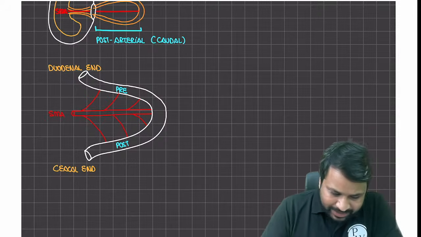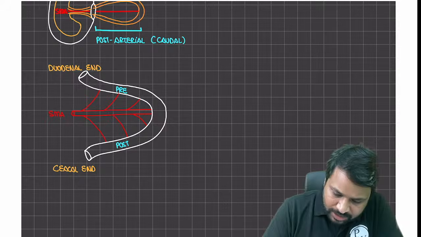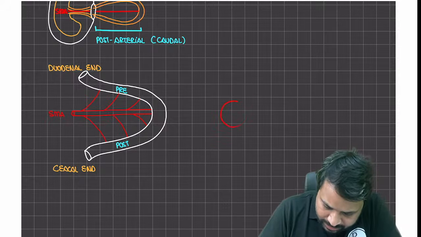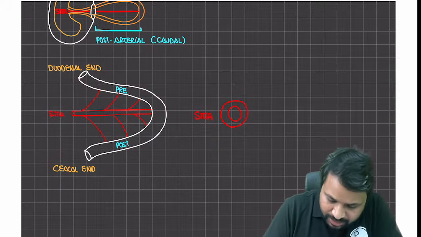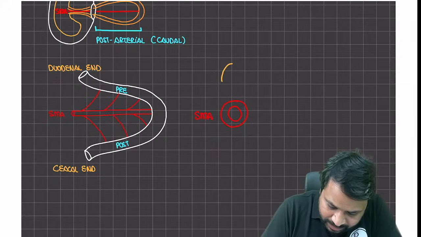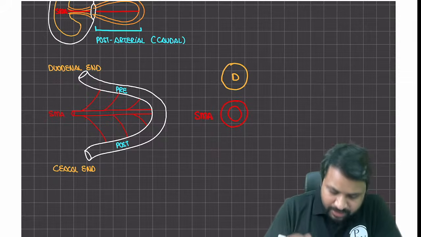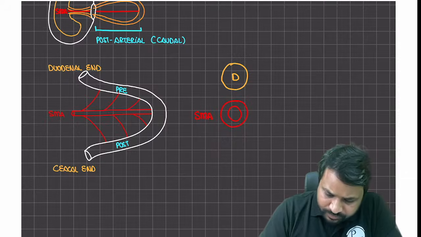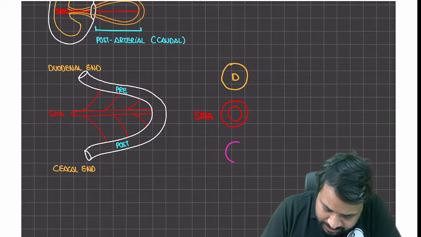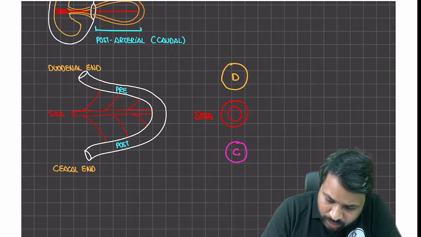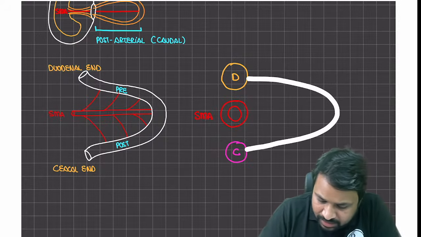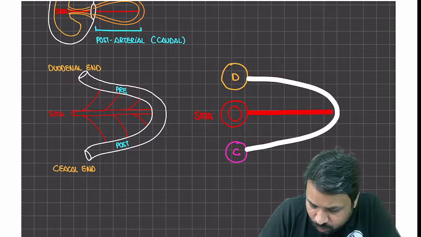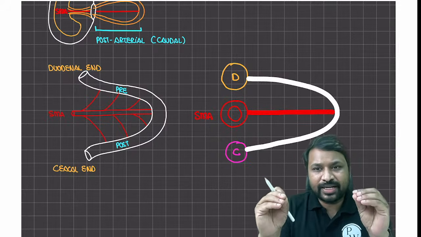So what is going to happen? We'll take the cross section, right? Now imagine you're taking the cross section. I will call this the superior mesenteric artery. This is your superior mesenteric artery. On this end, I would say this is the duodenal end, the pre-ileal one. The post-ileal, we'll call this the cecal end. Okay. Between these two you have the bowel loop that is getting developed. Okay, nothing spectacular about it. And we're saying this is the arterial end. Everybody is clear till here? Okay. So I've just created